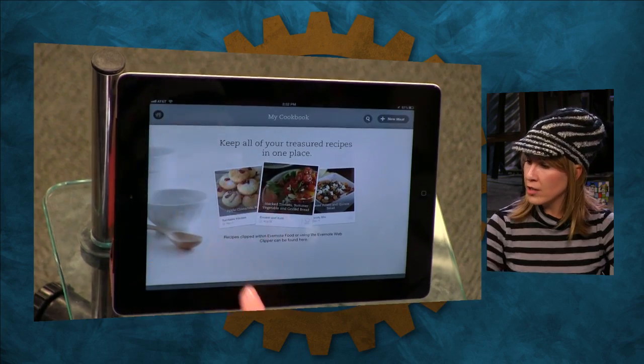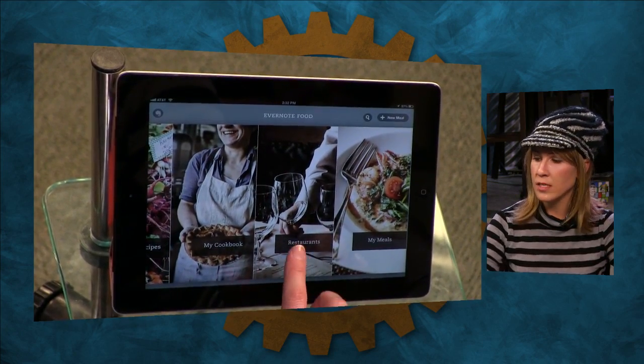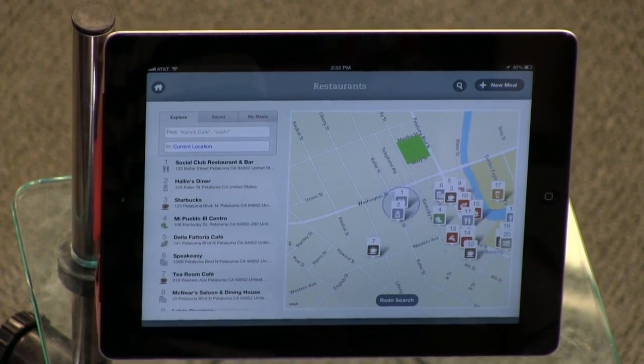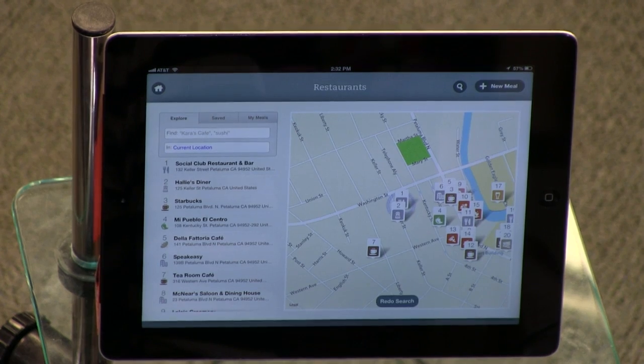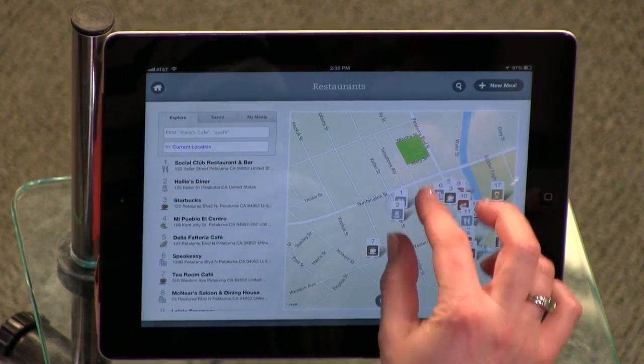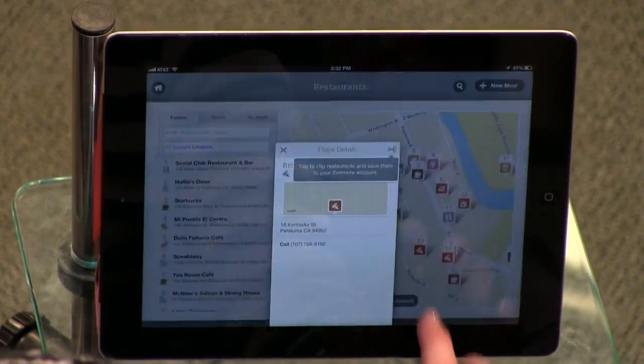And if you go back to the home page, this is where it gets really interesting, because in the restaurants area, you say, well, okay. This is so cool. Look at this. Totally different. Look how fast this populates. This is so awesome. We're in Petaluma right now. Small town, but there are a lot of restaurant options, and you see them right here. Here we are at 140 Keller Street. If I go ahead and click on this,